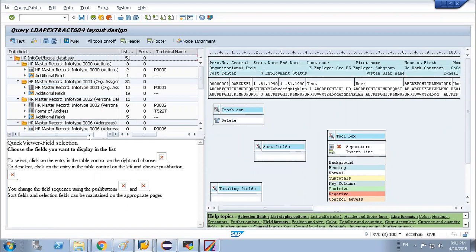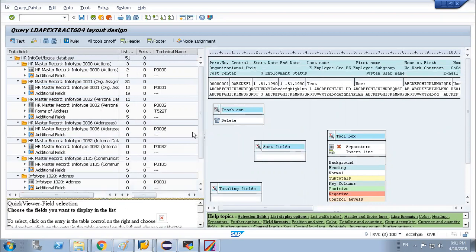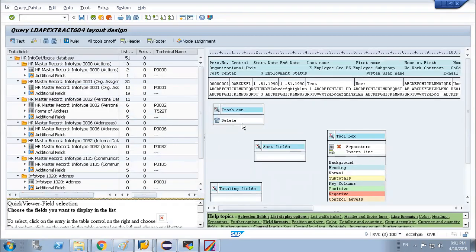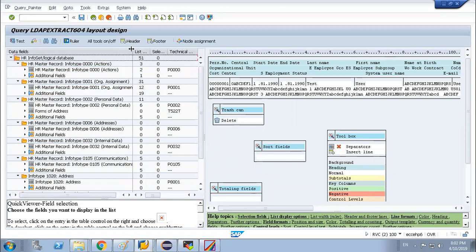These are the HR attributes that we are going to send. Now definitely, whatever information we send from this HR attribute has to map with the corresponding VDS attribute, correct or not? Yeah.